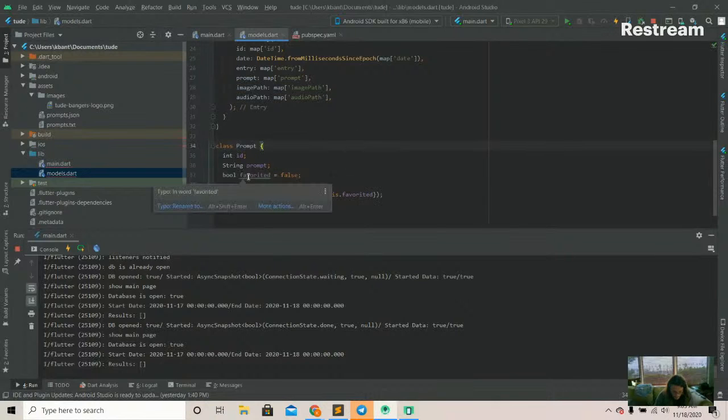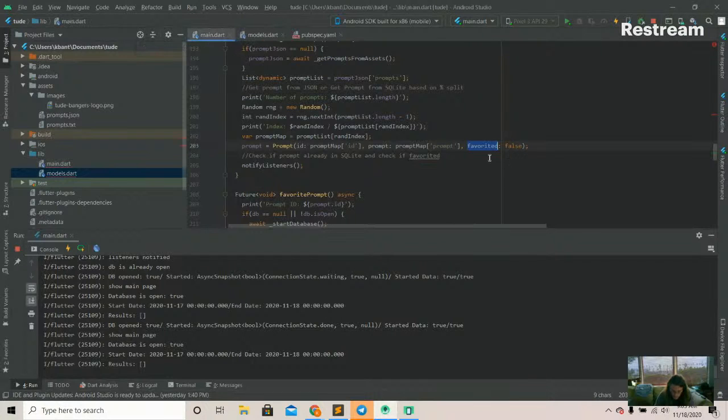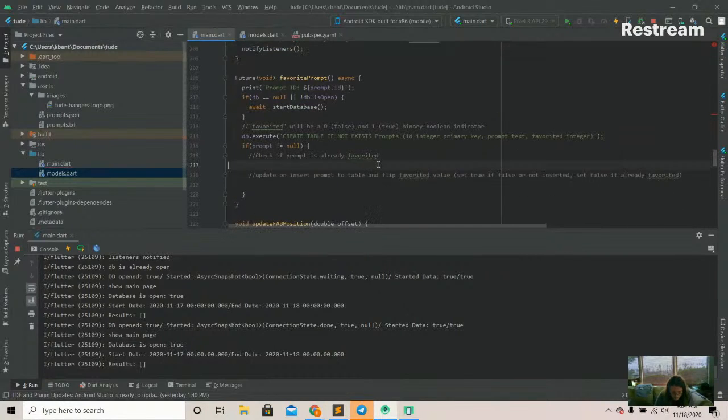I think we can default favorite it to false. Now we're going to need to set that to true if it's already favorited, but we'll worry about that. So if prompt is not equal to null, now we need to